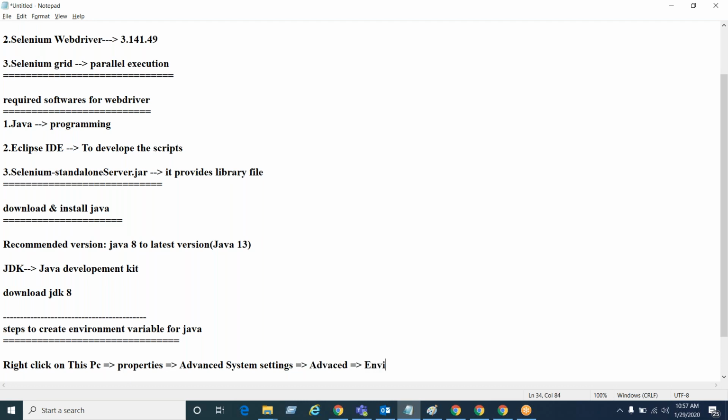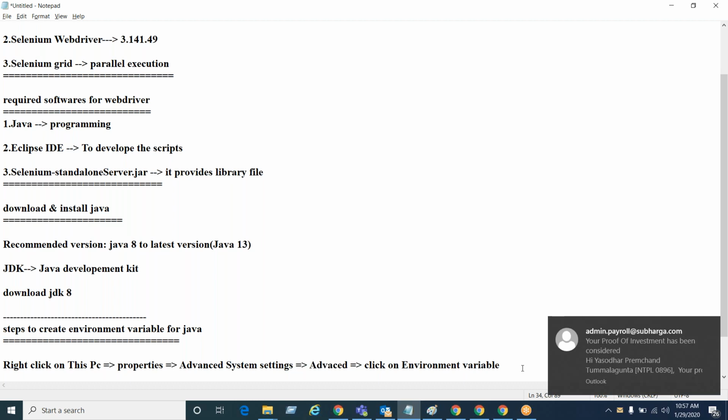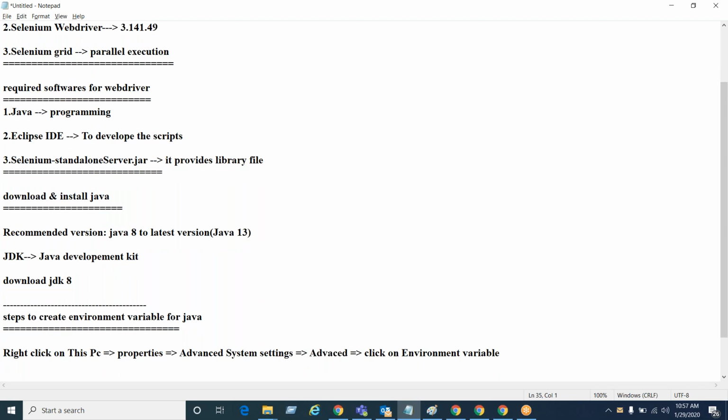And then Environment Variables. There is an Environment Variables button, so click on that. Click on the Environment Variables button. Okay. Next. After clicking on the Environment Variables button,